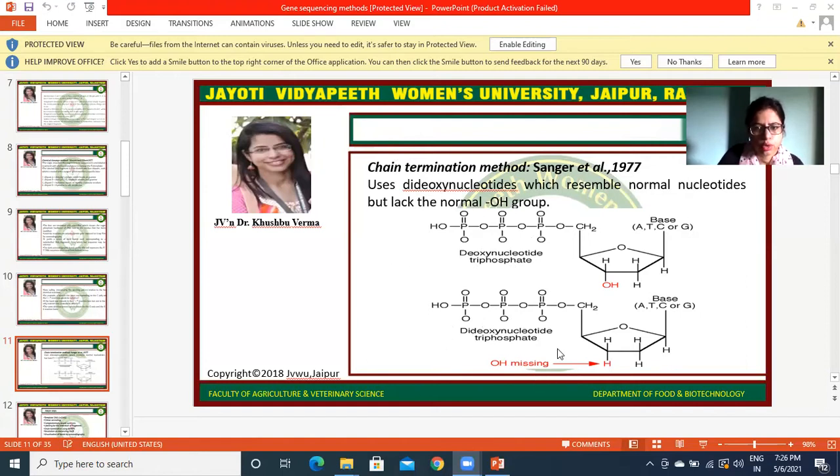So now it is called dideoxynucleotide triphosphate. Dideoxy means one hydroxyl group was already missing in the dNTPs at the 2' carbon, but now two hydroxyl groups have been removed. That's why we call it dideoxy.